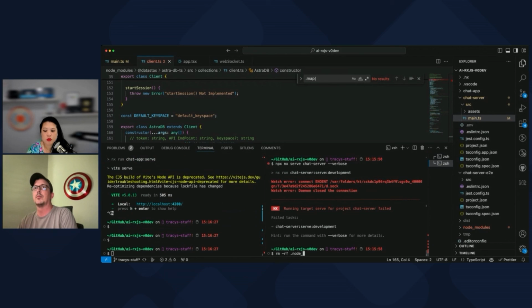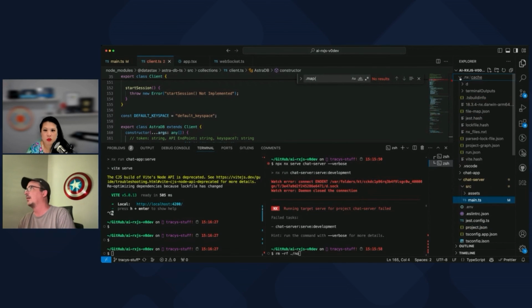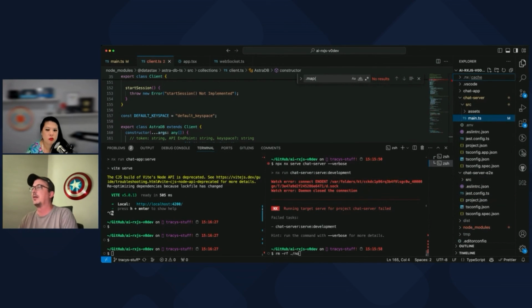Node modules. Cache. Or maybe it's under just cache. Is it just under here, maybe? Yeah. All right. Kill that. Let's just break everything.